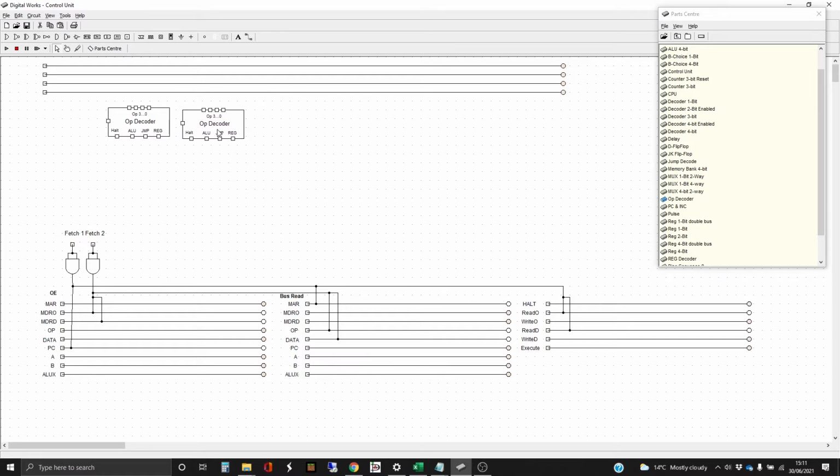Let's make those a little bit closer. So we've got fetch 1 and fetch 2 coming in. We're also going to have, here we go, tags x1 and x2. We need to do some